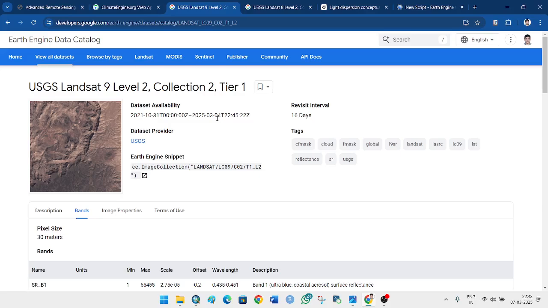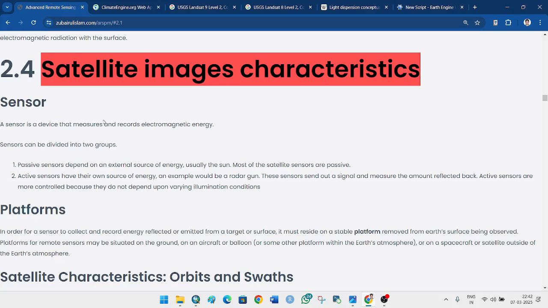For instance, if the report is based on Landsat data, then the characteristics,